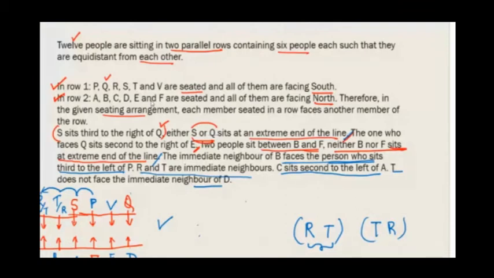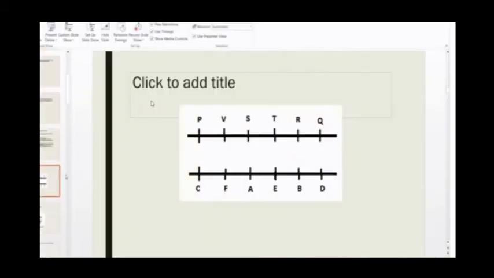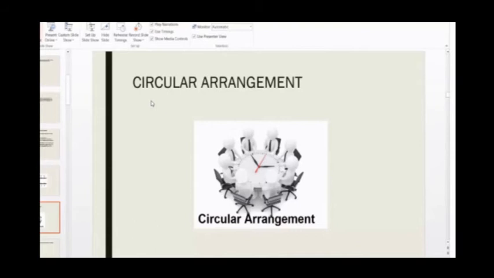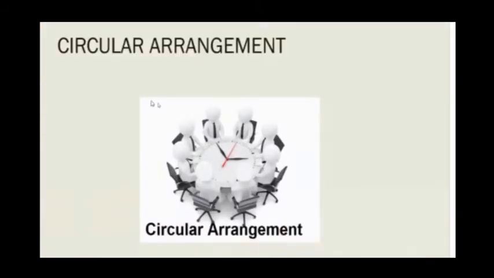Now, let me take up the circular arrangement. As I told you with respect to a circular arrangement, you can see people who are facing the center. Now, when we have people who are facing the center, let me take this person and number him as A. So his right is this and his left is this. This is nothing but his right, and this is nothing but his left.